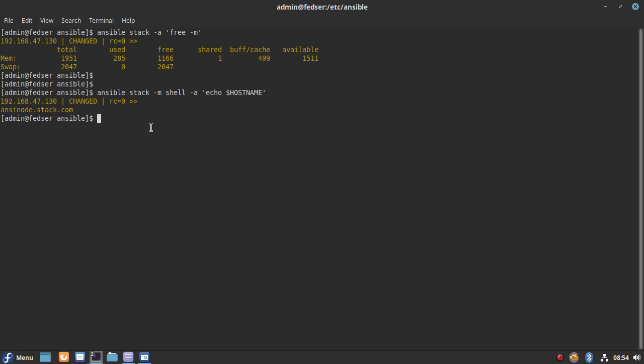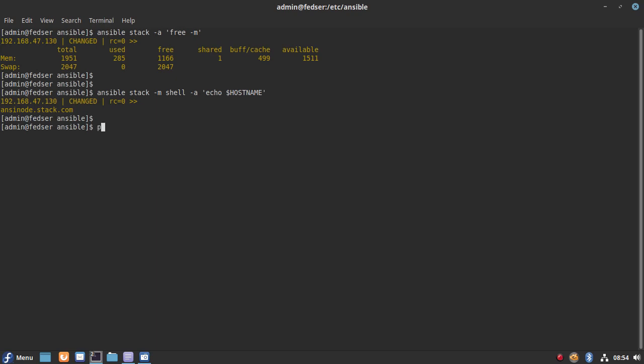We can do a lot of things with different modules, like we have the module for copy. Let me show that one. Ansible stack -m copy. Copy is basically used to copy a file from the controller to the remote node. Let me first create a dummy file.